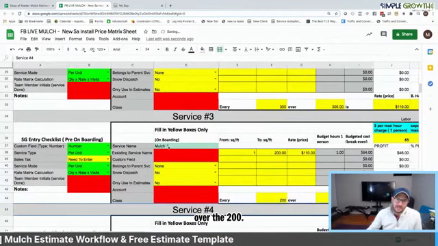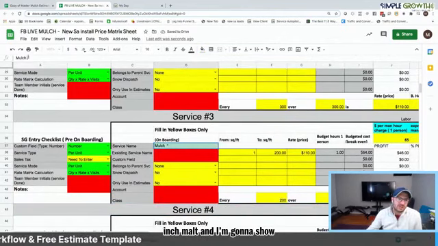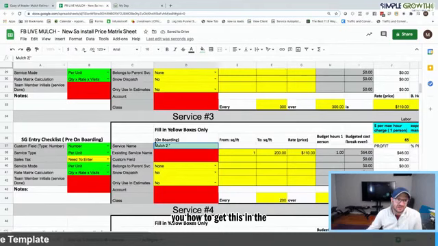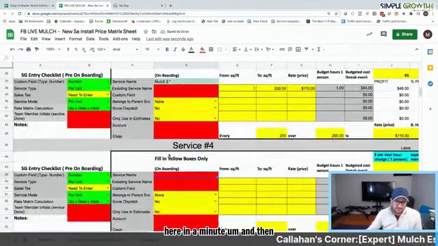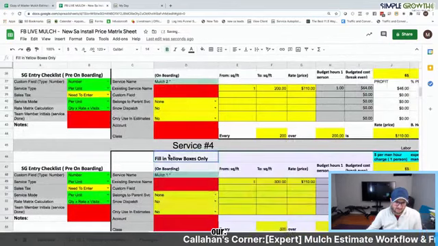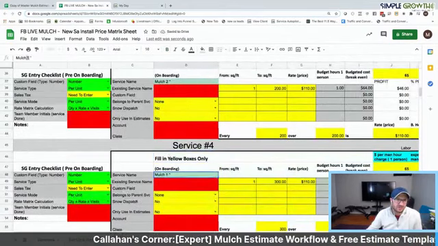All right, and that is our 2 mulch. And I'm going to show you how to get this in the SA and build this all out here in a minute. And then our mulch at 3 depth